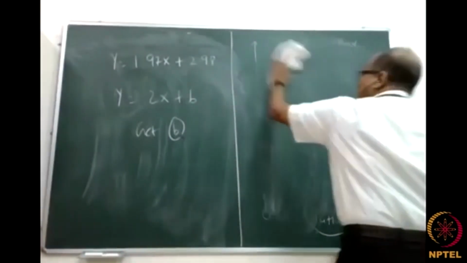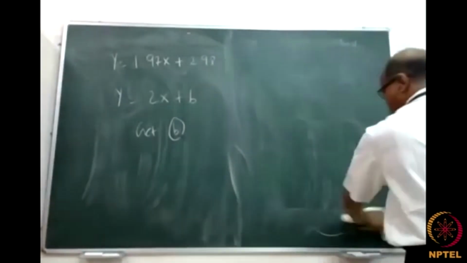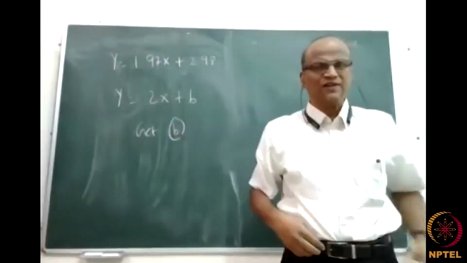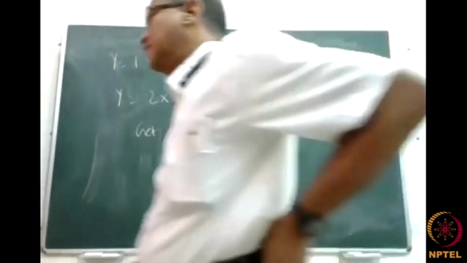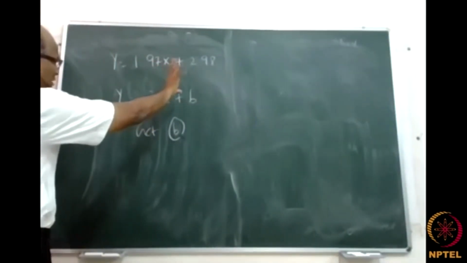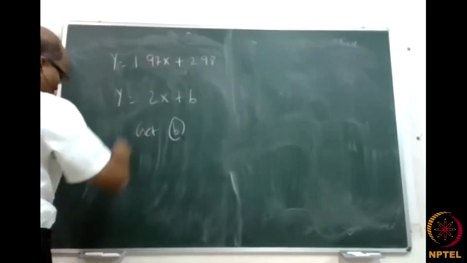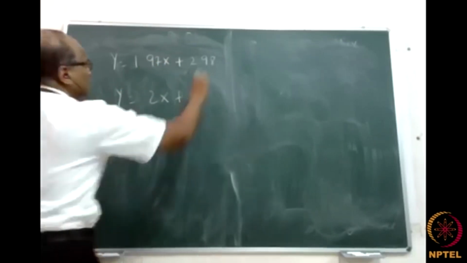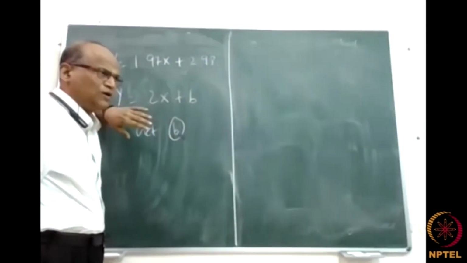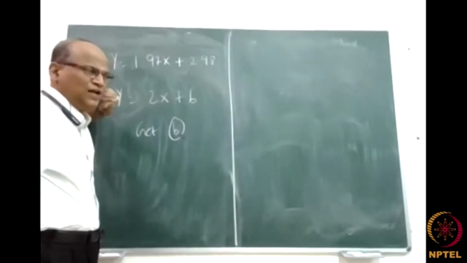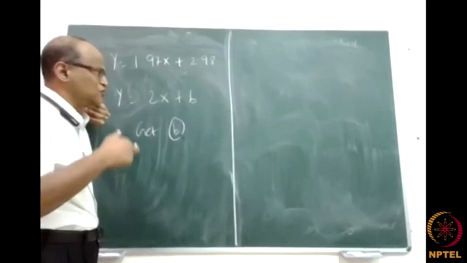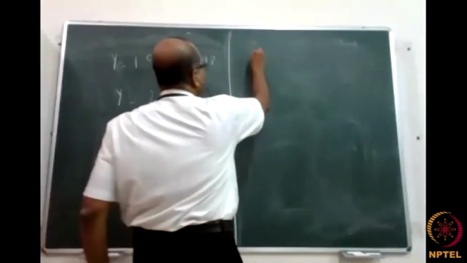Yesterday, towards the end of the class, I was saying that it makes engineering sense to figure out that actually this is something like y equal to 2x plus 3. Because of the errors, we are not able to get it close to that. After we remove the outlier, it is closer to what we originally thought. This should be 2x plus 3, but it is not so. Now, instead of 1.97, I want to adjust it to 2, and adjust the constant b instead of 2.98, so that I can get a better outcome. Because once I have a linear y as a function of x, dy by dx could be dT by dx, and then I can proceed and calculate the heat flux and so on. In this case, what we should do is,